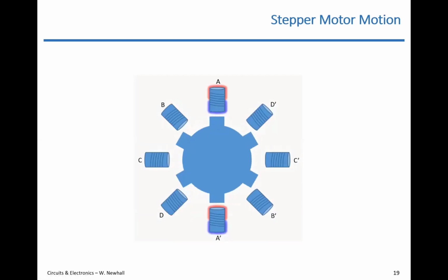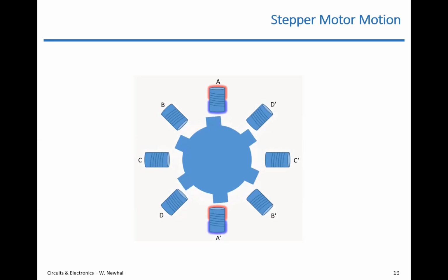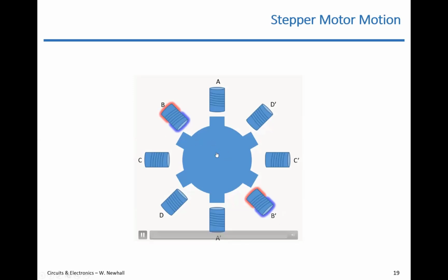So is there a standard amount of tabs present on most stepper motor stators? It's pretty common to have on the small stepper motors 4 phases. And so you'll see the small ones that you use in lab projects, you'll have 4 phases to control. There are different kinds of stepper motors. There are actually stepper motors with teeth on them where you can get a very fine resolution where you're not really aligning coils with tabs on the rotor. You're actually aligning teeth. There are these teeth around where the outside coils are, and you can get very fine motion. So I would say standard small motors, 4 phases,